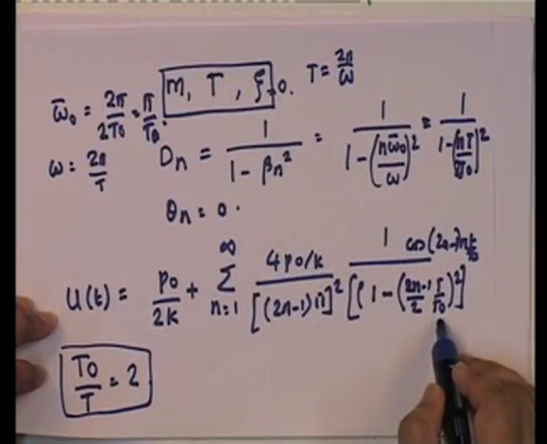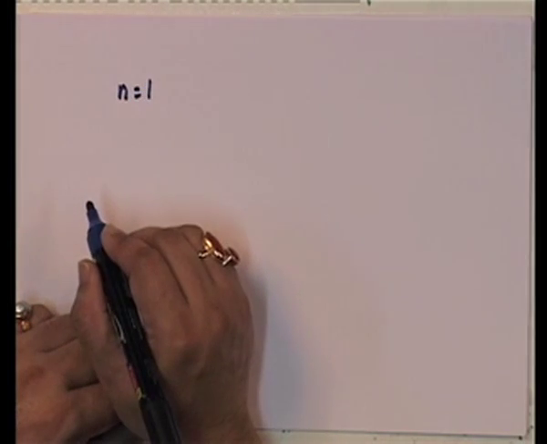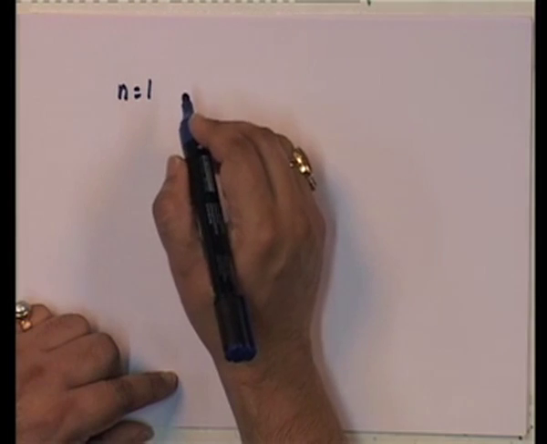Okay. So, let us plug in t upon t naught 2. What do we get then? We get that the first term, n equal to 1, is going to be equal to